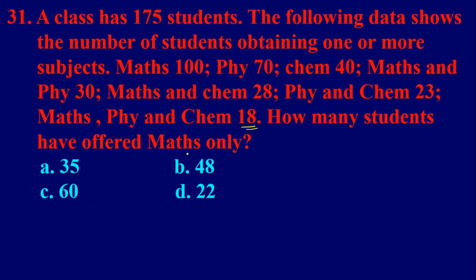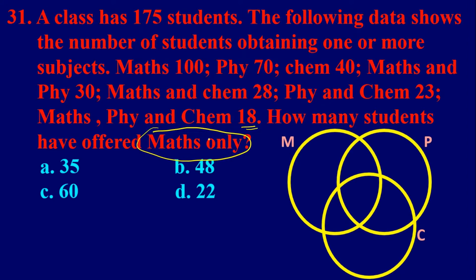So how many students have offered maths only? So important here, we have to calculate the number of students who offered maths only, that is who is taking only mathematics. So we write Venn diagram to calculate this. So we write three sets. It is maths, physics and chemistry. Now first here we fill common part, that is number of students who is taking maths, physics and chemistry. It is given 18. So first we write 18 here, that is 18 students take maths, physics and chemistry. So we want this part, so that is number of students who is taking maths only. So therefore we will calculate only maths part.